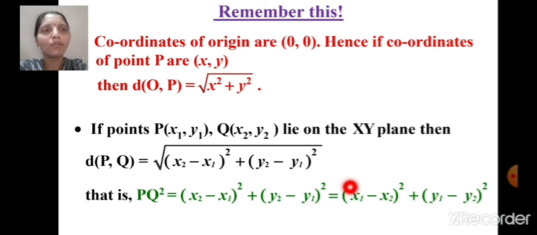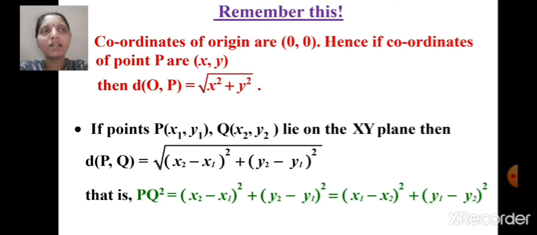Okay, here both formulae are the same. The only difference is that here the x2 and y2 coordinates are taken first and then x1 and y1, and here the x1 and y1 coordinates are taken first and then x2 and y2. Okay, so remember always, if you are considering x2 as the first coordinate and x1 as the second, in a similar way with the same formula you have to use y2 as the first coordinate and y1 as the second coordinate. Okay, if you are considering x1 as the first and x2 as the second coordinate, then here also in the same way y1 as the first and y2 as the second. Okay, so I hope the formula is clear to all of you.